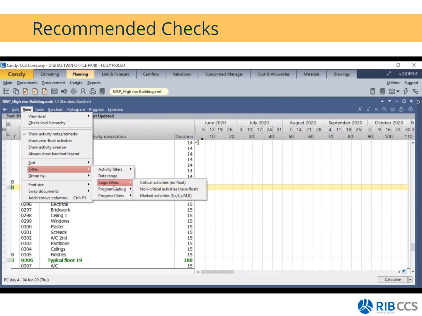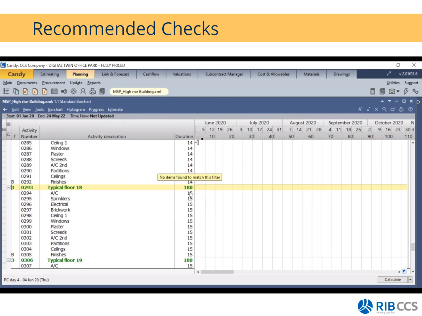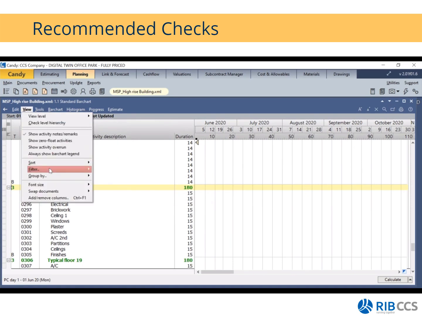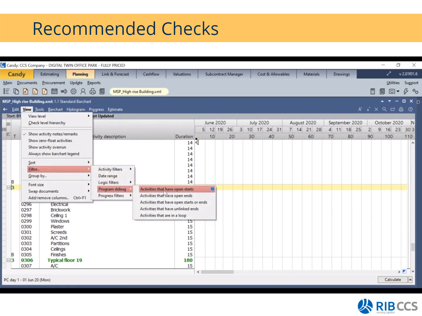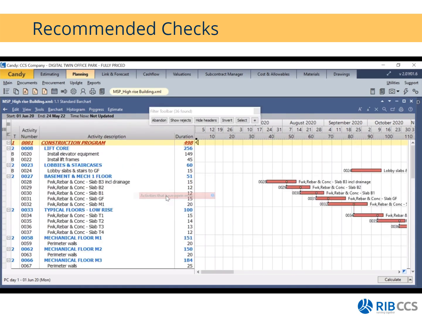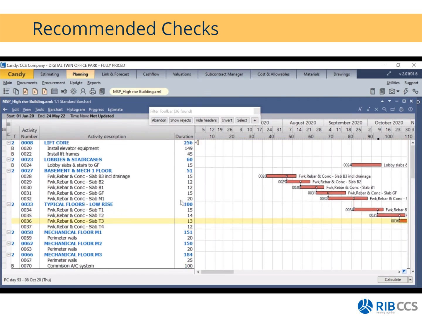And the next filter I would like to run is to have a look for activities that have open starts, and you'll see that no items were found to match this filter, so I'm happy with that. That means I can now continue to look for activities with open ends. Okay, so it has found a total of 36 activities, and all this requires you to do is just close